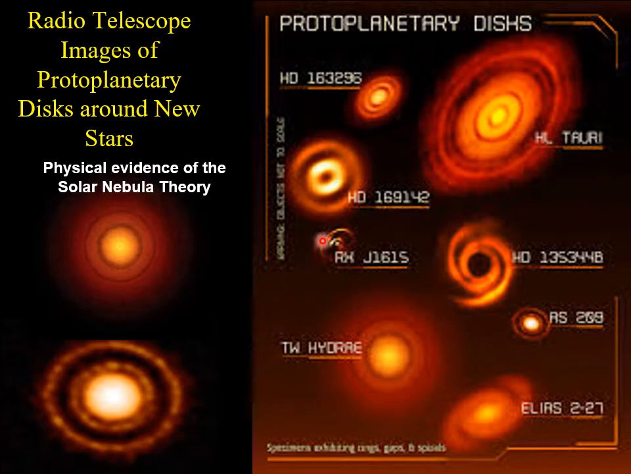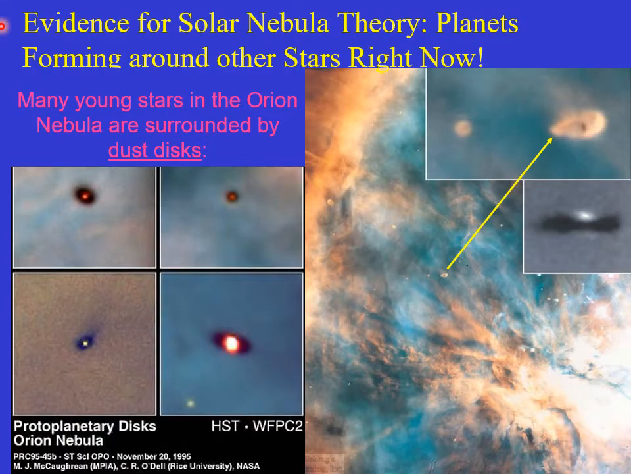And so in all these pictures here, again, these are actual images from radio telescopes showing basically stars forming, and around the stars are rings of debris that are going to eventually form planets. This is some more physical evidence for the solar nebula theory. This is, again, kind of showing the idea of planets forming around other stars occurring right now at different places